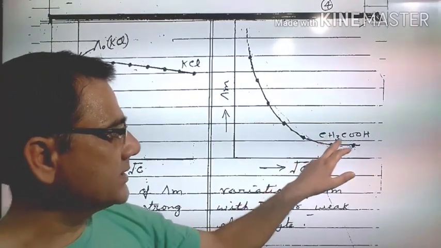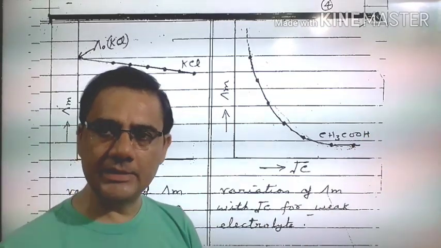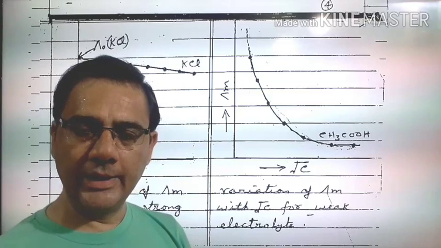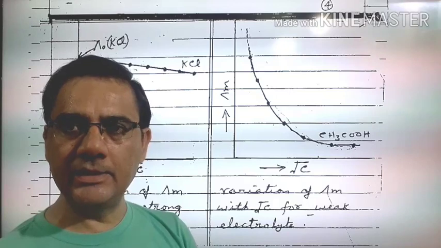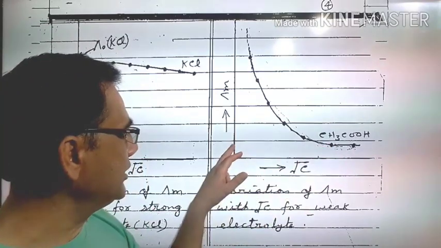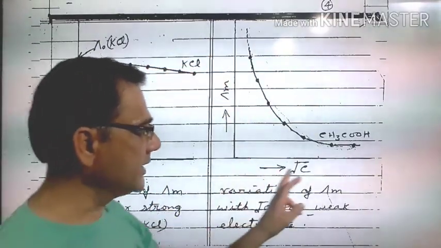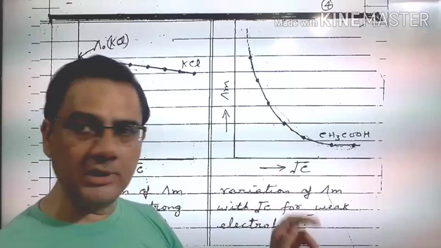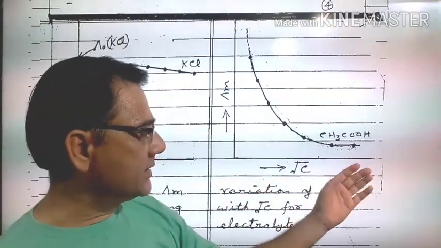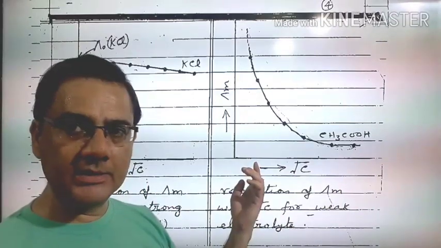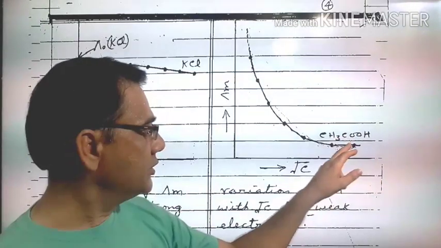And weak electrolyte I am taking as CH3COOH, and that is acetic acid. Acetic acid is a weak electrolyte. When the acetic acid is dissolved in the water, it produces less ions in the solution. And since it produces less ions in the solution, so in the starting only it shows the least value of the molar conductivity. One side I am taking the molar conductivity, other side I am taking the square root of concentration. So this side we are increasing the concentration and this side we are decreasing the concentration. So at this point I am here, CH3COOH I have dissolved in the water, then it shows the least value